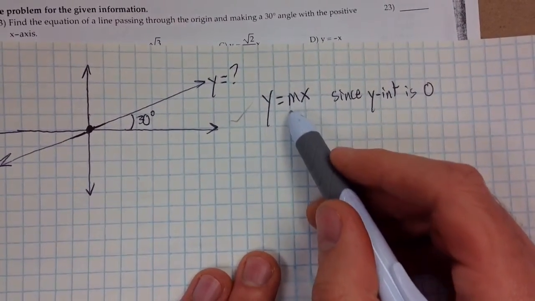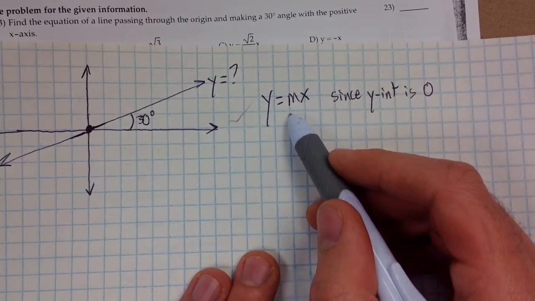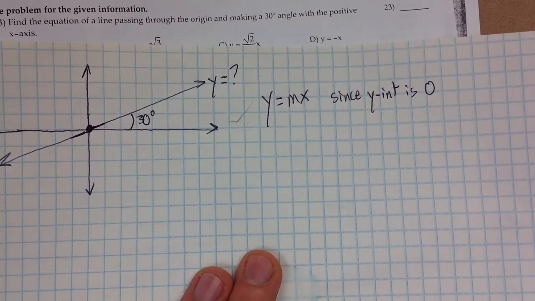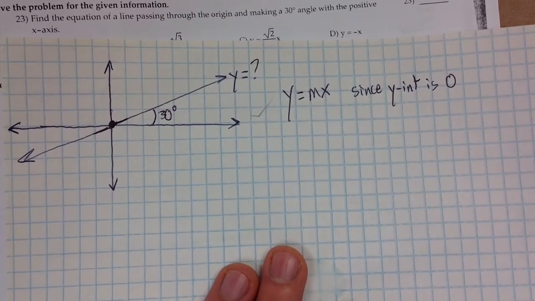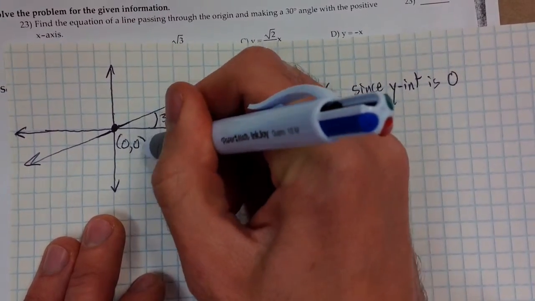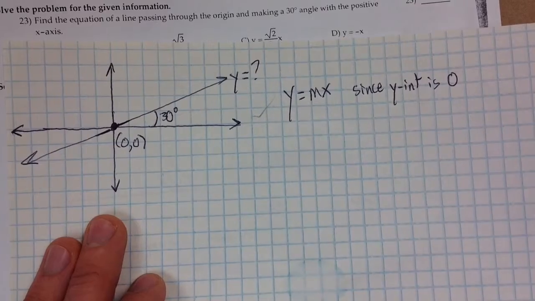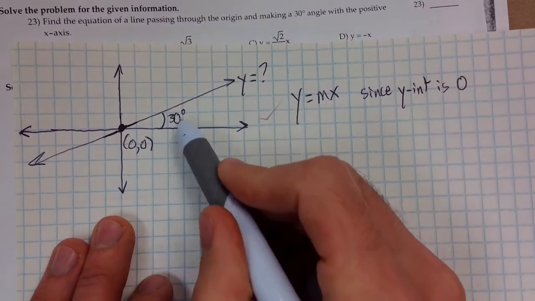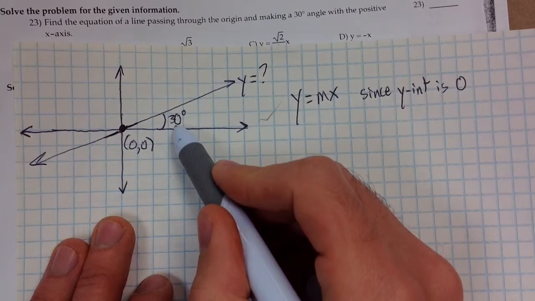Now I have to find the slope. How do you think I could find that? You could find 2 points, but you could probably also do something else. Totally valid to find 2 points. And we found one of them. The trick is finding the other one. It probably is going to require this, right? You could probably use